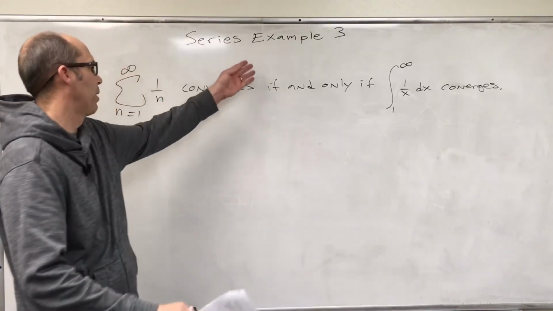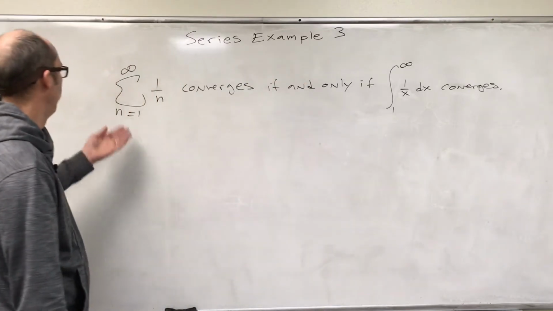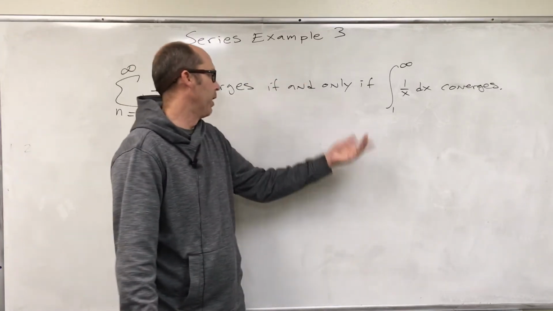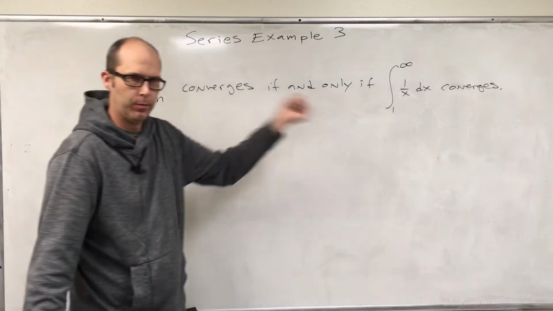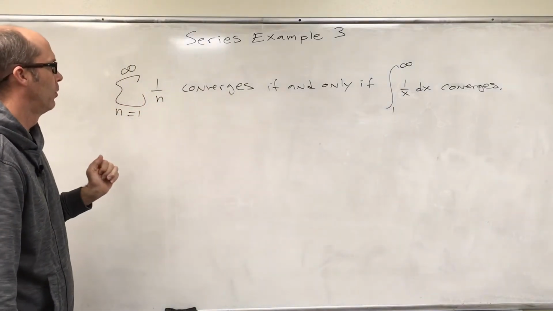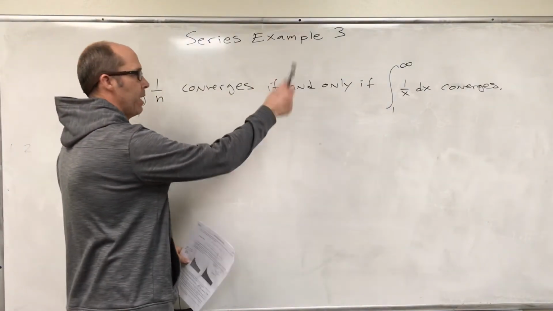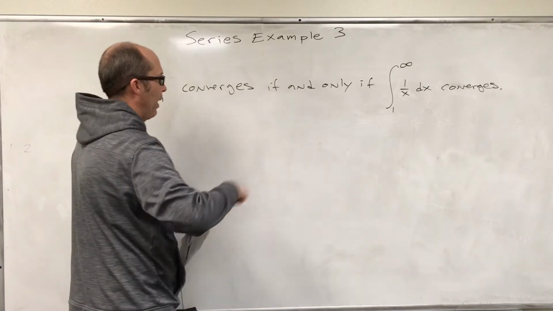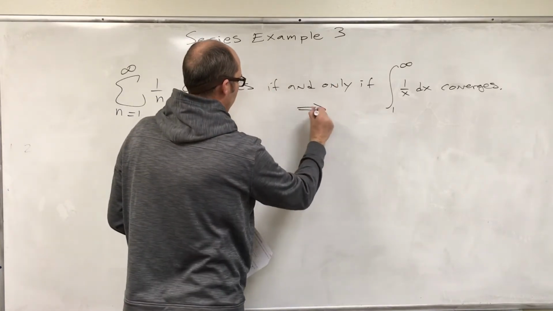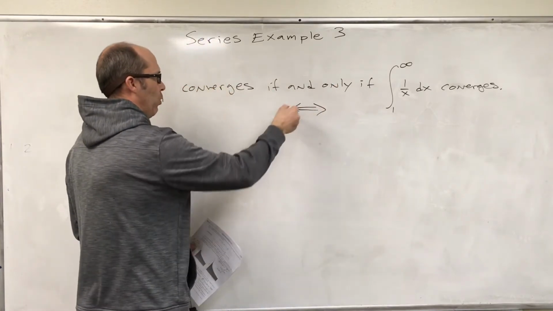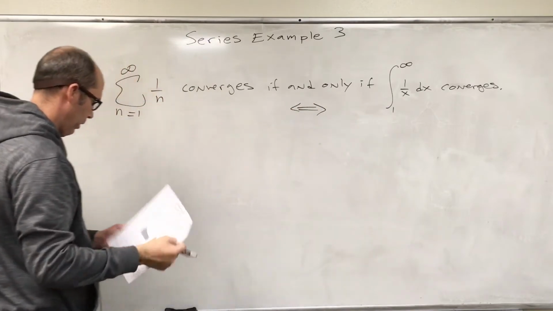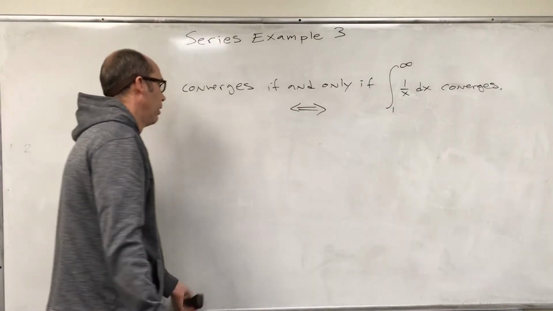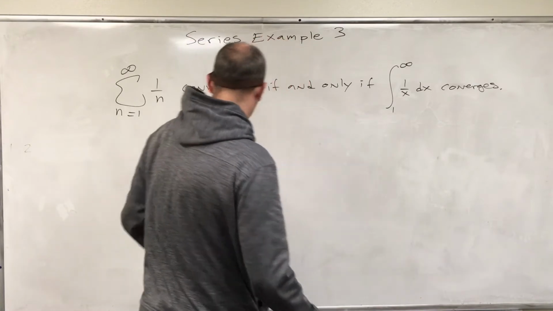All right, series example 3. This thing converges if and only if this thing converges. All right. If you're taking discrete math, or you're going to take discrete math, this "if and only if" is the double arrow, or equivalent. Equivalence, meaning that